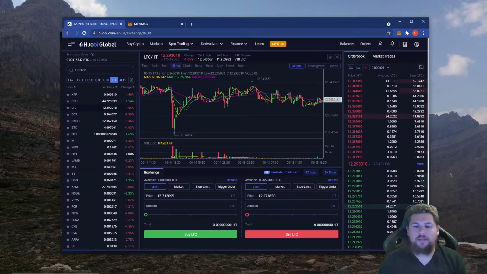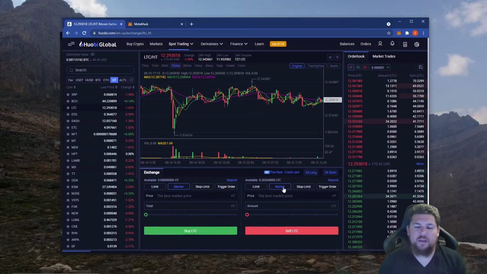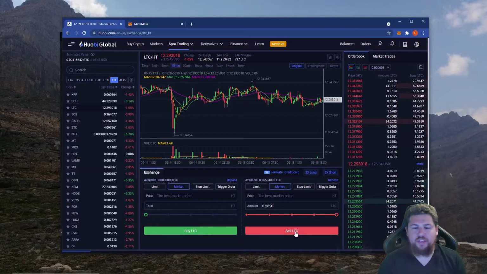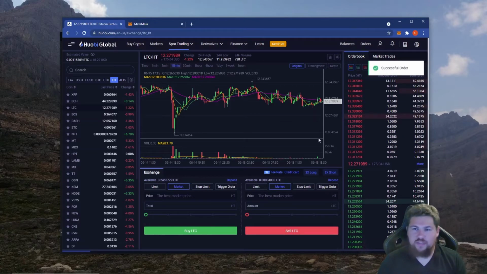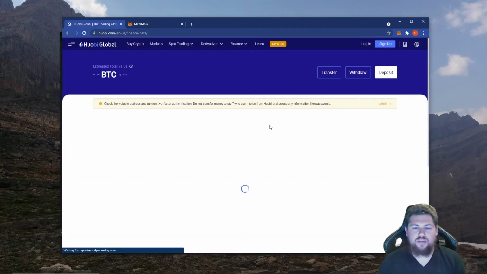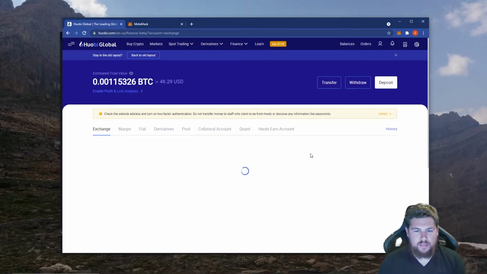For the purposes of this tutorial, I'm going to click the best market prices to market trade. Feel free to do a limit order and wait it out. But for the purposes of speed, I'm just going to do this. So I'm going to sell all of my Litecoin here for Huobi token HT. So verify that you are on the HT trading pair. So I'm just going to click sell LTC. Well, it's successful. I'm going to head back to balances and scroll down to HT, the Huobi token, and then